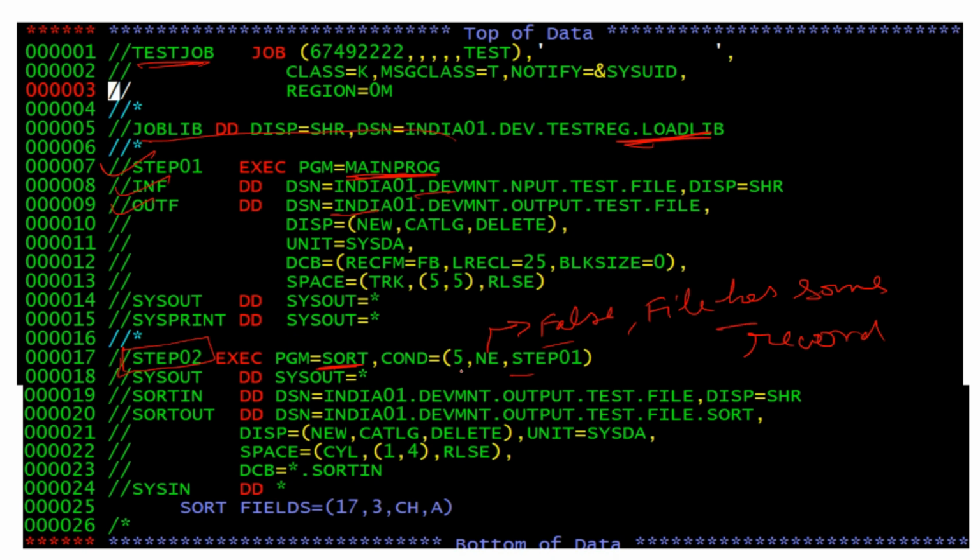I am giving the COND parameter here, which is the conditional statement for the STEP02 execution. It will sort the data based on the employee id, which exists from the 17th column, and the employee id length is 3.